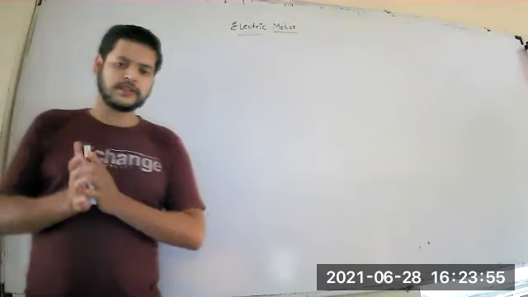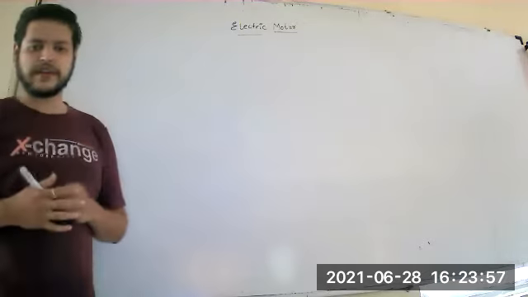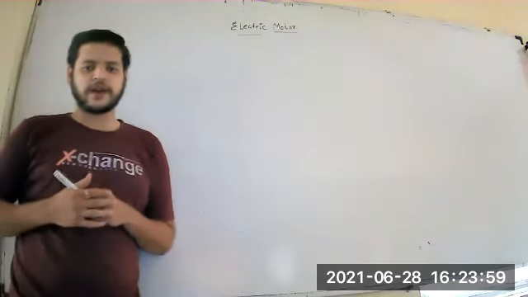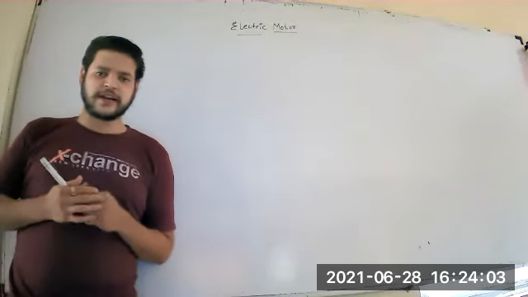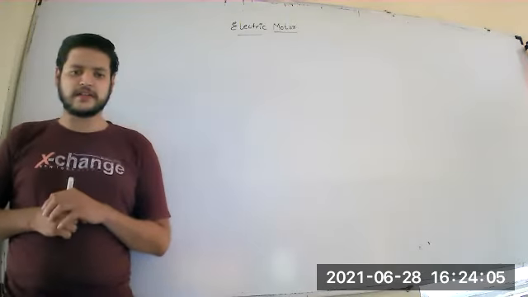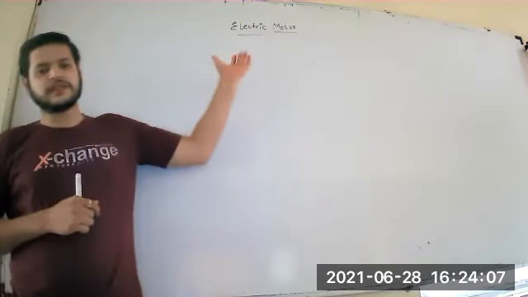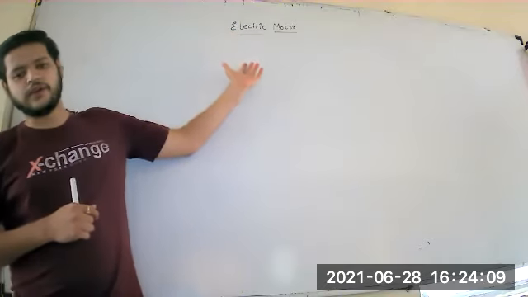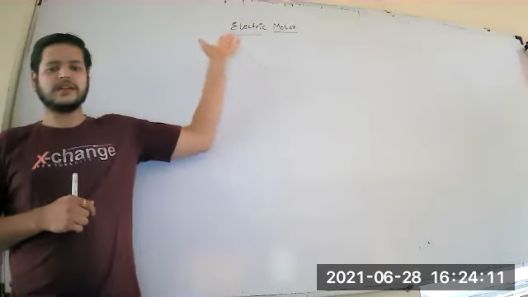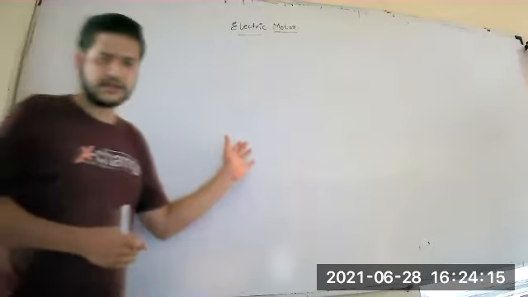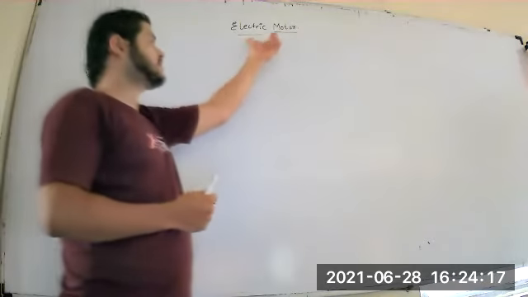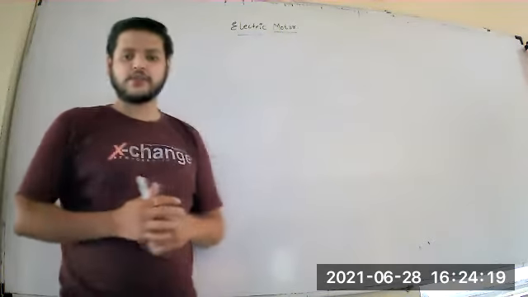So good evening friends. In our previous lecture we have seen how to find the direction of force which is generated on a current carrying conductor placed in an external magnetic field. So today we will see how we can use that direction and commercialize the concept. So basically what we will see is how an electric motor works.